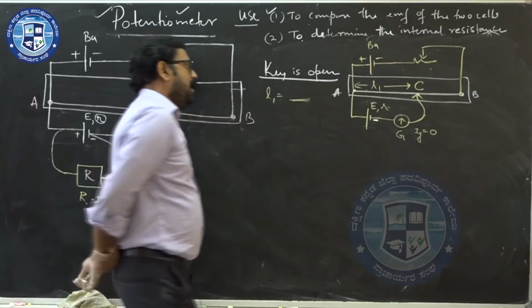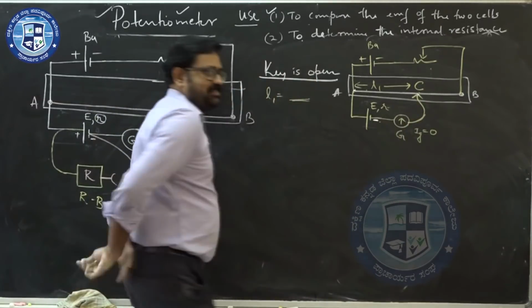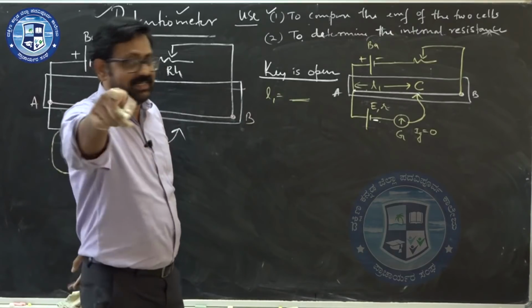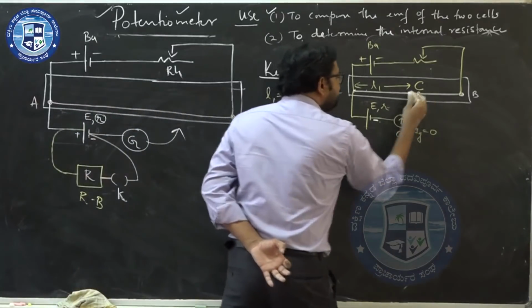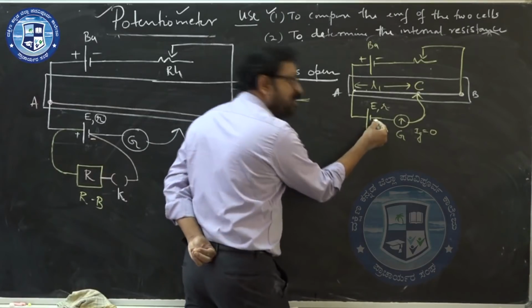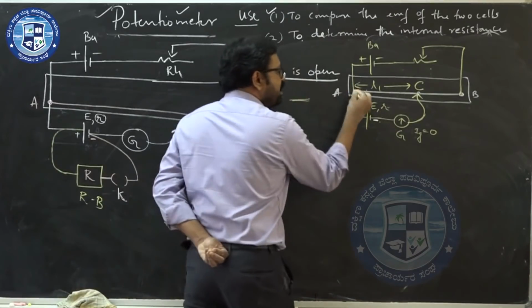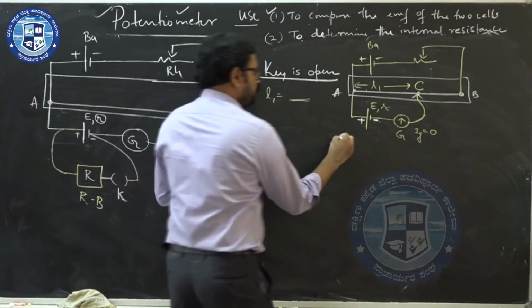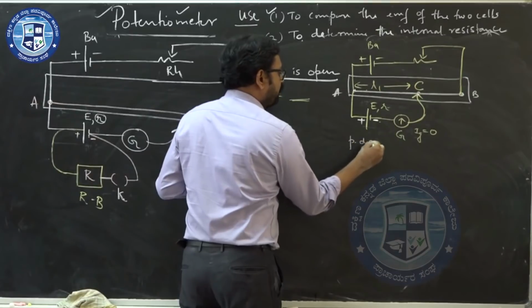Is there any conducting path between the negative terminal of the cell and C? Yes, there is a conducting path. Do you have a current? No. Indicating that C and the negative terminal of the cell are at the same potential. Similarly, A and the positive terminal of the cell are at the same potential,